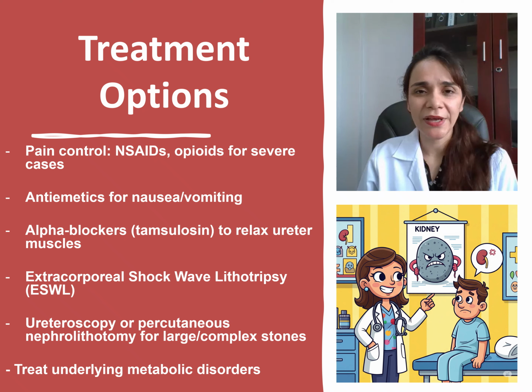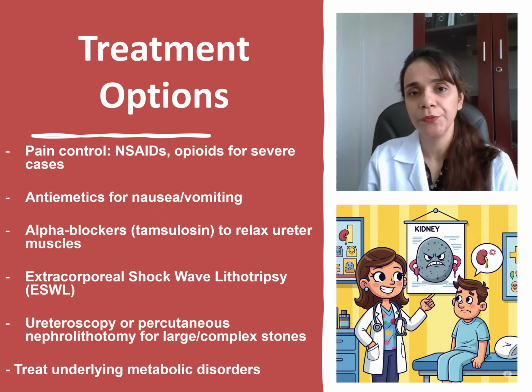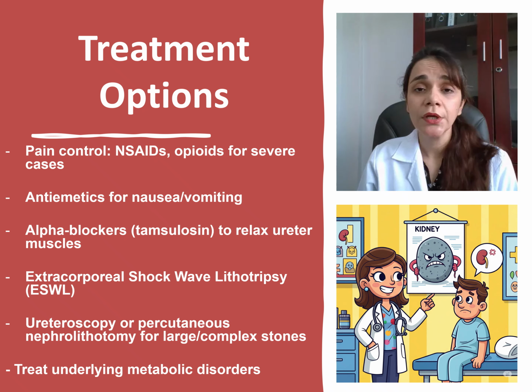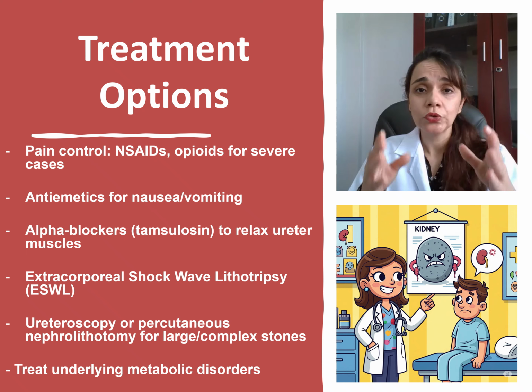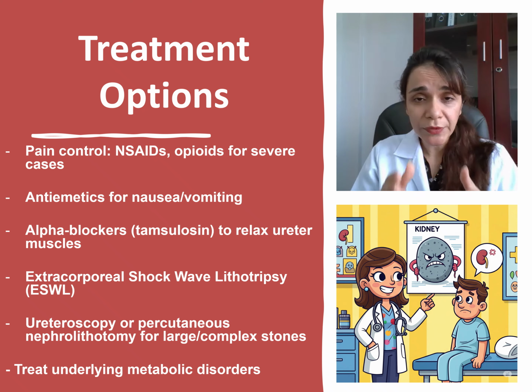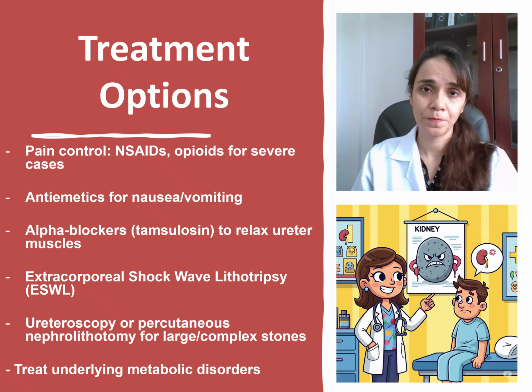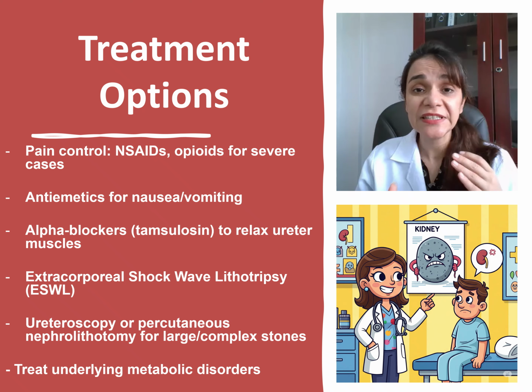The initial management of renal colic focuses on pain control because of the intensity of the pain. Different drugs, opioid and non-opioid drugs, can be used based on the situation. And other drugs can be used to relax the ureter muscles in order to help the stone to pass away. But if these initial